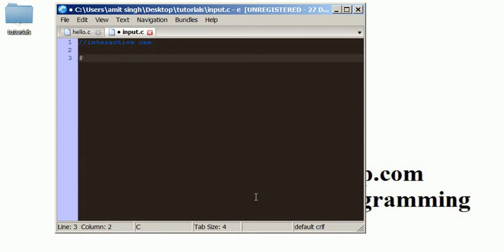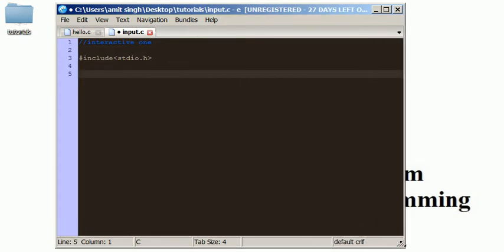So first of all we are using library functions in this, so we need to include stdio.h, because we are going to use the printf method again, and also in this video I introduce you to the scanf method for getting user input.